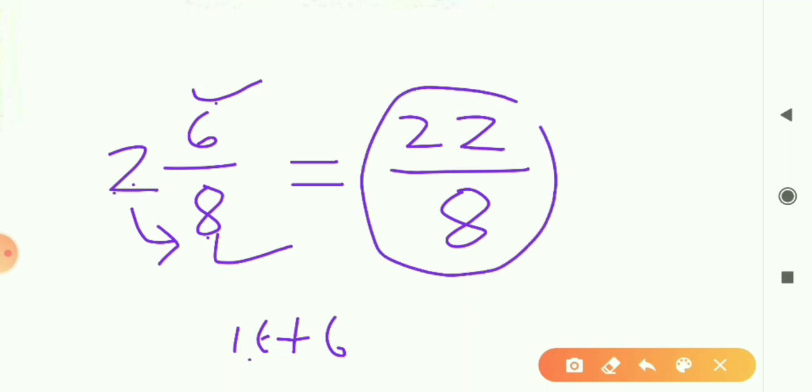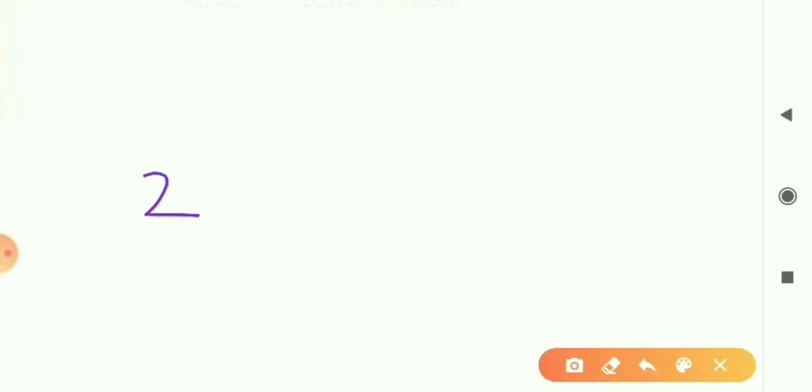You have to know this solution. For that, let me take one more, 2 whole 1 upon 4. How will you get the improper fraction? You will just multiply this whole number with the denominator 4. So 2 times 4 is 8, and then you will add 1. So 8 plus 1 is 9. So 9 upon 4. Now it is clear how to convert a mixed fraction into an improper fraction. Now we can solve the problems based on mixed fractions and improper fractions.